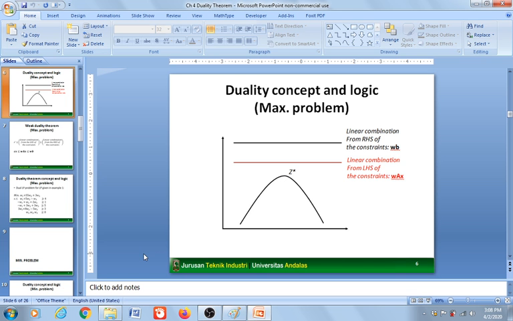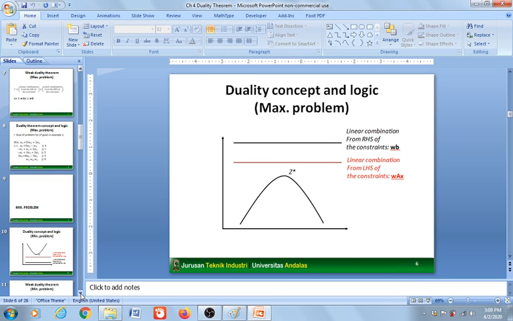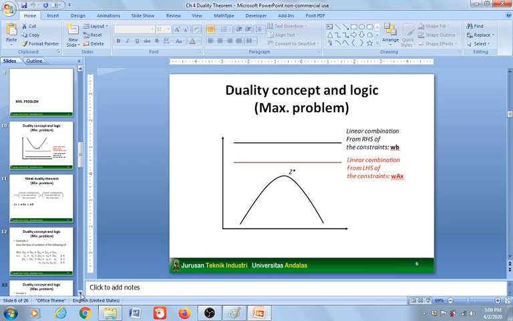Okay, everybody, so now we will develop the dual LP problem from a min problem. So this is the weak duality theorem for